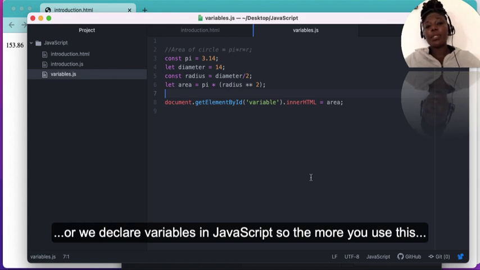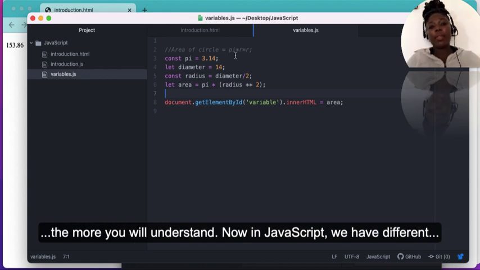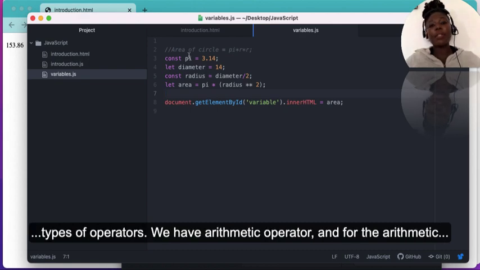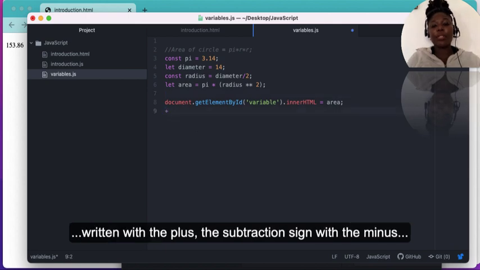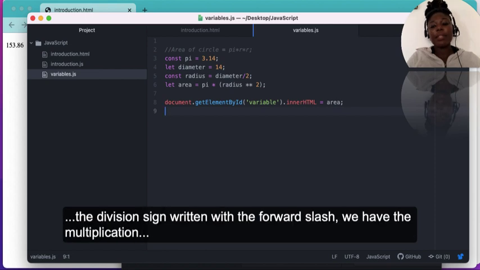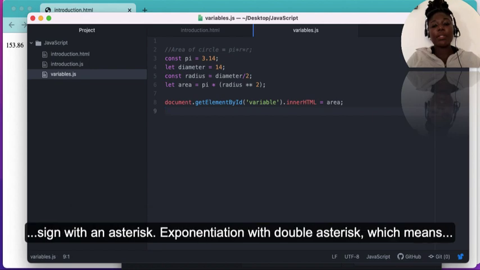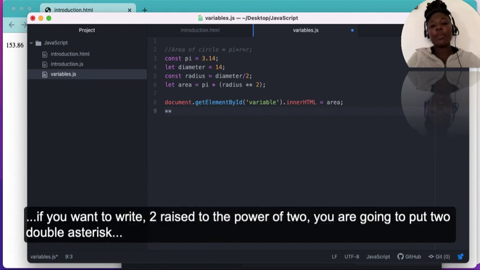So the more you use this, the more you will understand. Now in JavaScript, we have different types of operators. We have arithmetic operators, and for the arithmetic operators, we have the addition sign written with a plus, the subtraction sign with a minus, the division sign written with a forward slash. We have the multiplication sign with an asterisk, exponentiation with a double asterisk, which means if you want to write 2